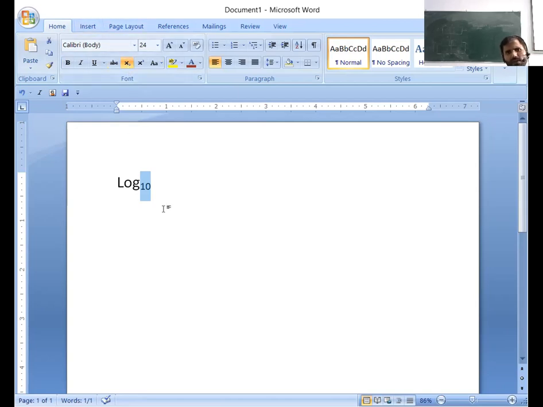After applying that, you can see the result. But if I want to use the superscript option, then I have to choose the superscript option from the font section.